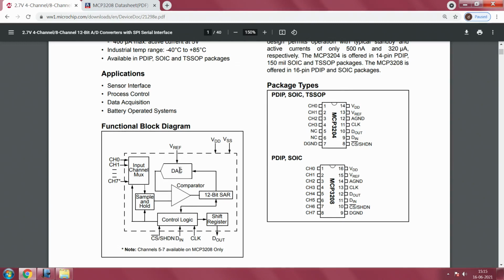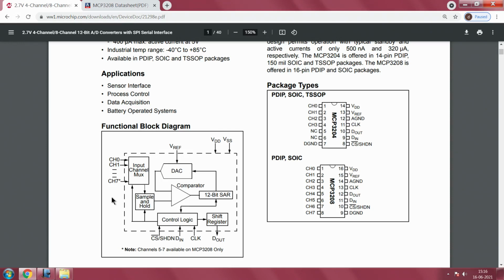For example, you have only one DAC, you have only one comparator, and you have one 12-bit SAR and so on. So these blocks are the heart of everything, and they essentially can only work on one signal at a time. So although you have channel 0 to channel 7 as inputs, you can connect 8 sensors. At a micro instant in time you basically can only sense one, and then you have to write your software logic to go to the next, to the next, the next and so on. So giving you a pseudo feeling that all 8 sensors are being sensed in a simultaneous manner.